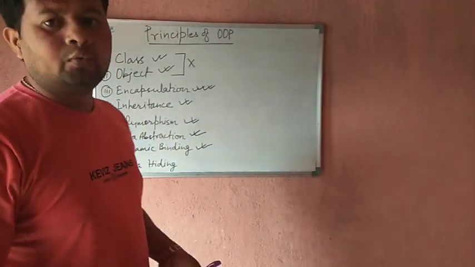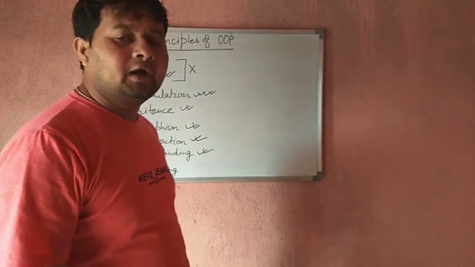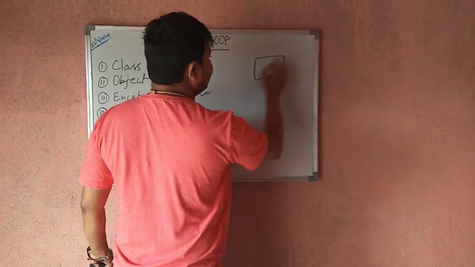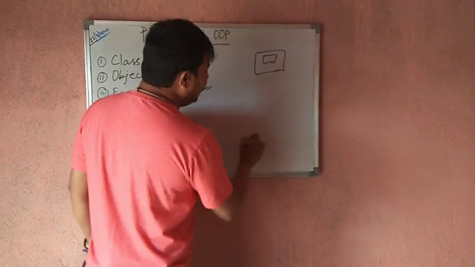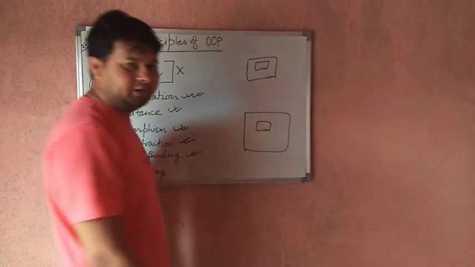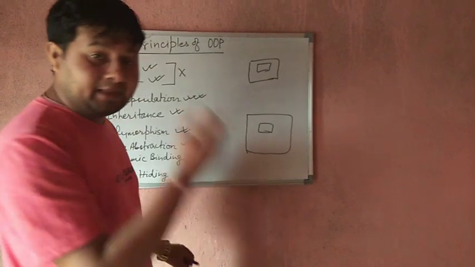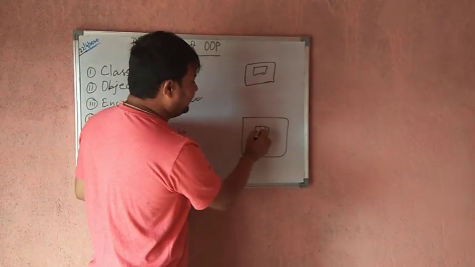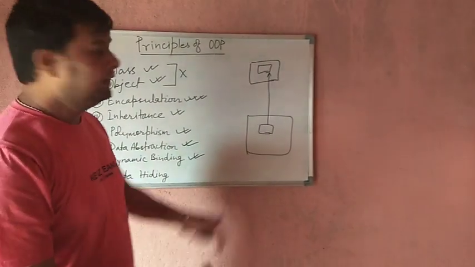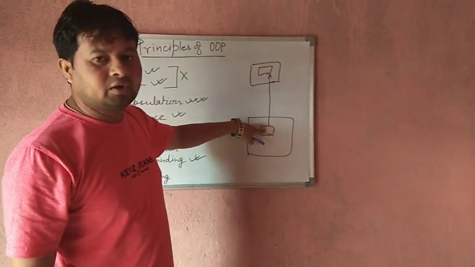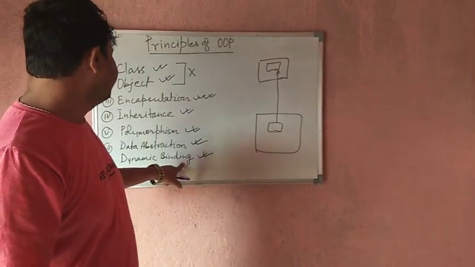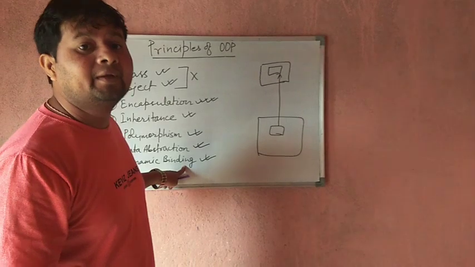This will be clear when we learn functions. Actually what happens is, we make our functions in one class, and we call them from somewhere else. When we call this function from here, first of all it goes and makes a link, checking whether this is the one we are calling or not. This is called dynamic binding.